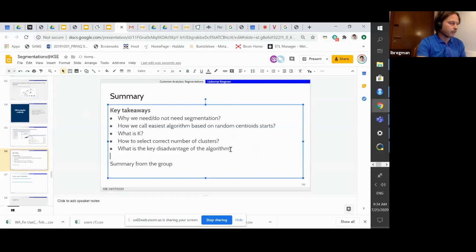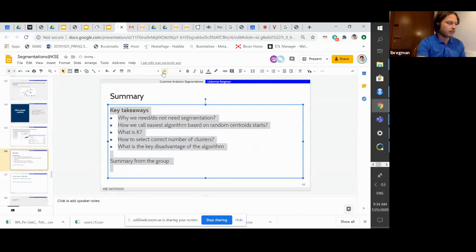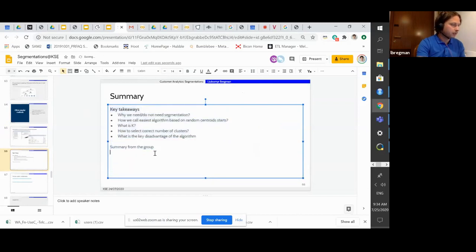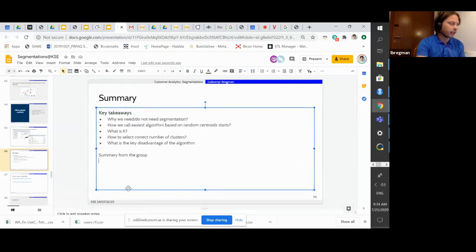Let's scale it smaller to give us space. I added some questions which may be good to check if you remember how to answer them, but let's try to summarize everything before we move further.